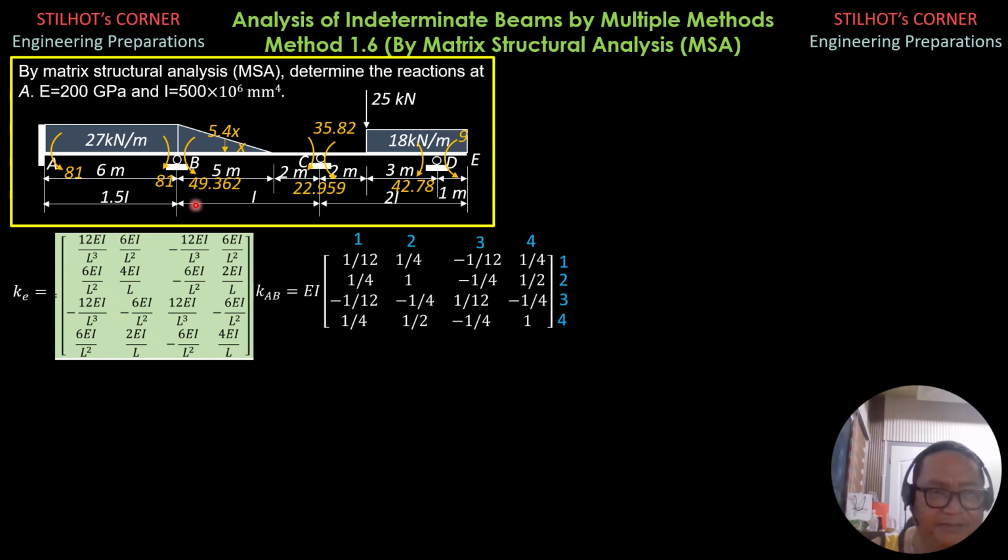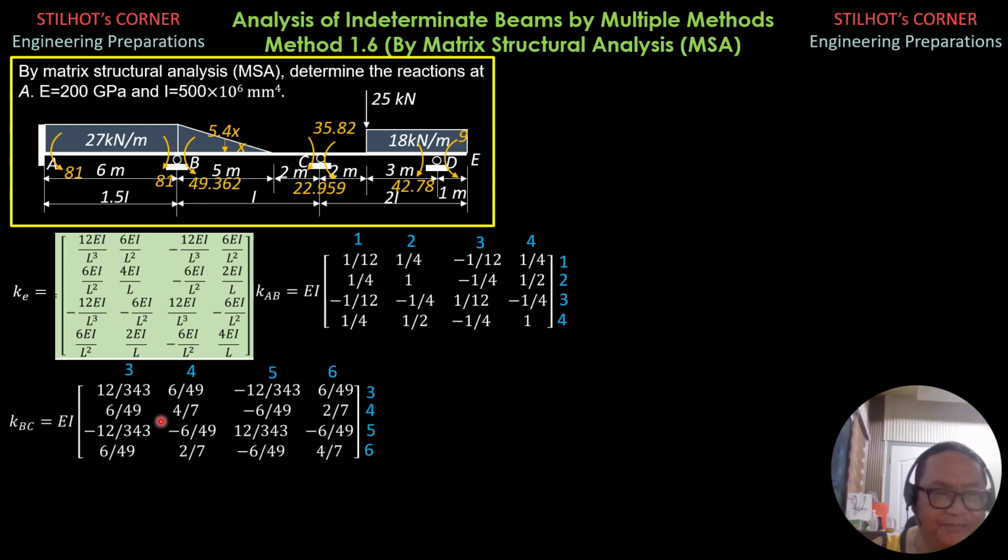Then the numbering, because A is 1, 2, B is 3, 4, so 1, 2, 3, 4. Then for BC, the length is 7, I is 1, factor out EI, then check the numbering is 3, 4, 5, 6. Check that these are the elements of its stiffness. And finally, for CD,